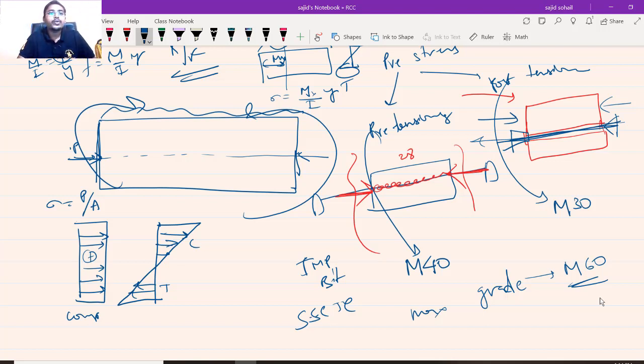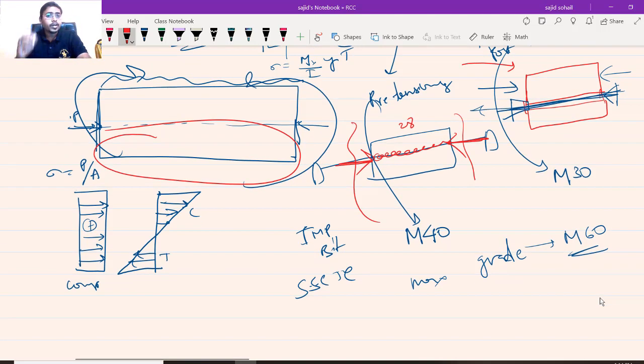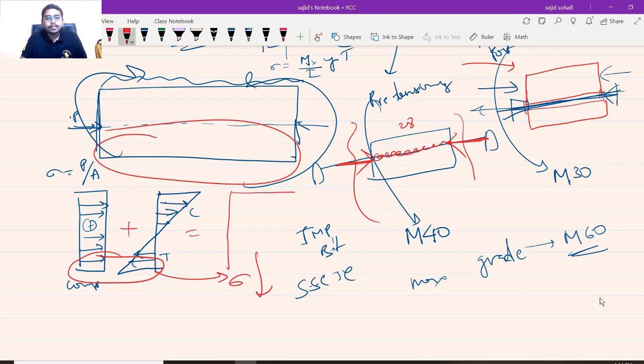So you can see at the bottom, where you are getting these tensile stresses, my concrete is failing. Now these two forces nullify each other or decrease the stress to a greater extent, so that the cumulative stress is very small and my structure will be safe. If you add these two diagrams, you will get something like this. The stress diagram will be something like this. So your stress is decreasing and it is safe. I hope it is very clear, right? Did you understand the concept?